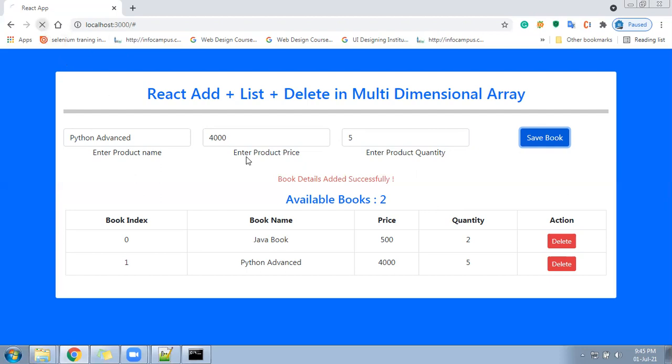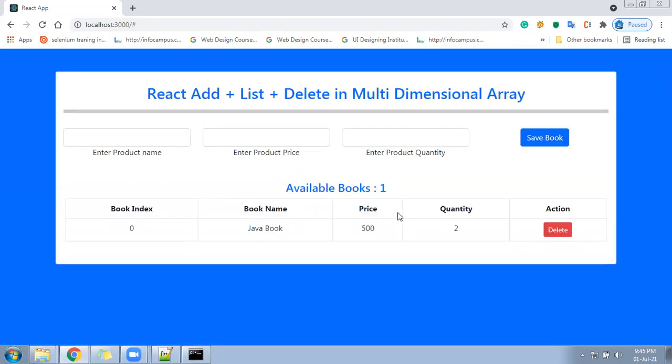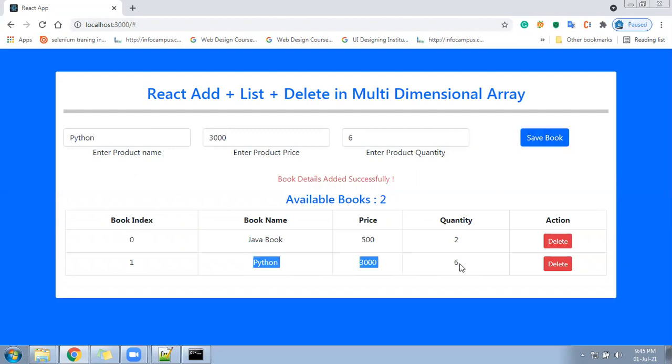Suppose this is my page. In my page, I have added one element based on books. I have book price, book quantity, and book name. I have taken that, and then we are going to add it inside the array, list it and delete it. So first, let's see. Suppose I put here Python as the name of the book, cost suppose I put 3000. Then I came back to the quantity and gave 5. Click on save.